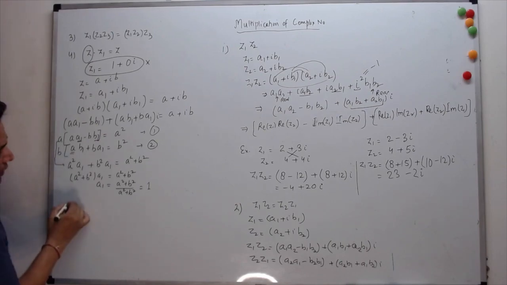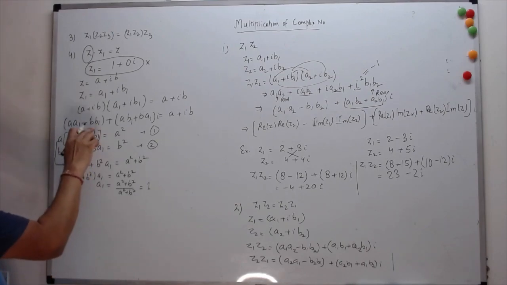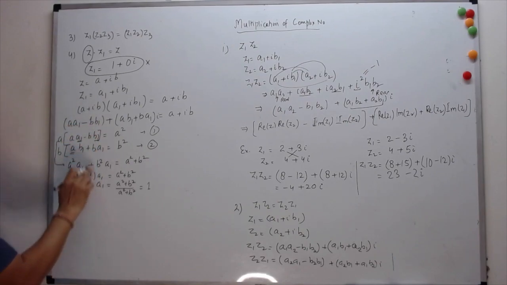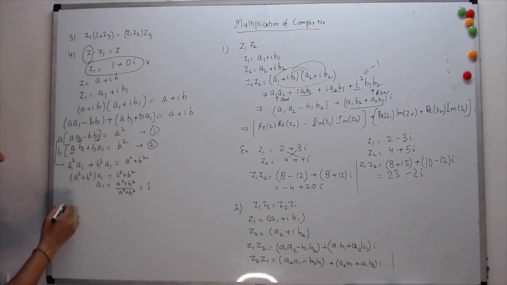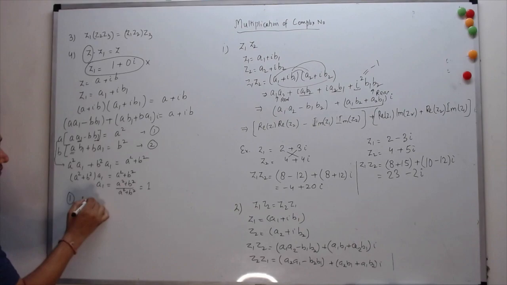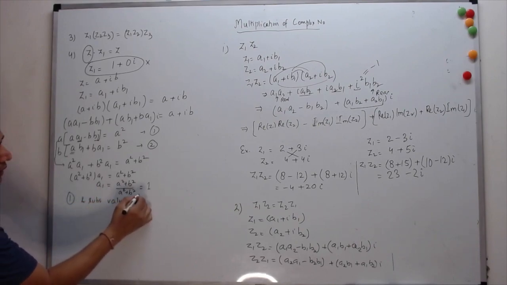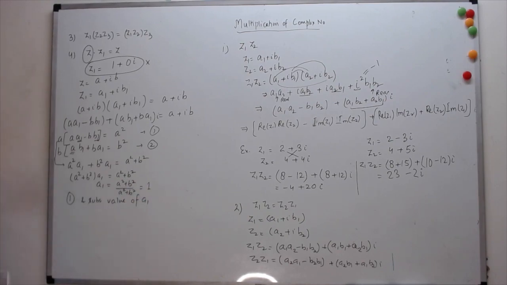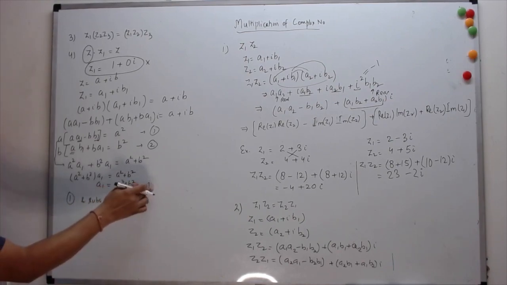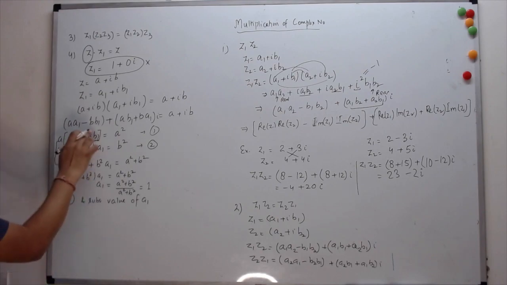Now coming to the value of b1, how can I compute it? Just by substituting a1 in one of them and then solving for it. So let's take equation 1 and substitute the value of a1 in it, the one which we got, so basically the value 1. So that's the first equation.